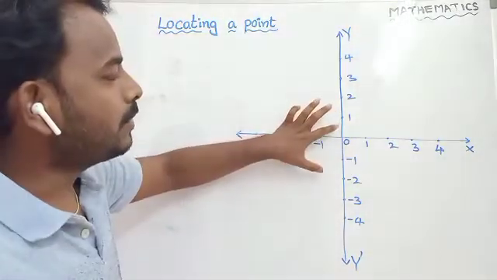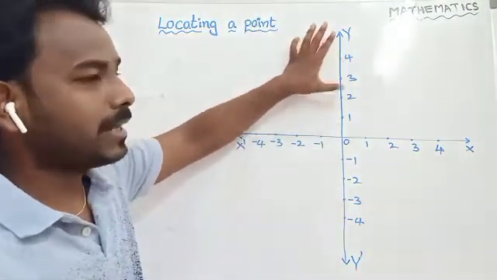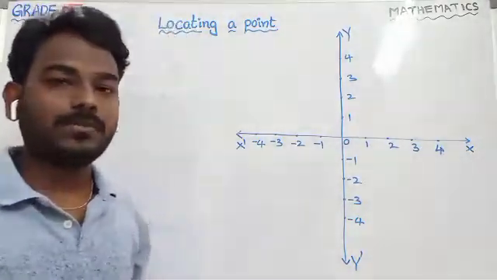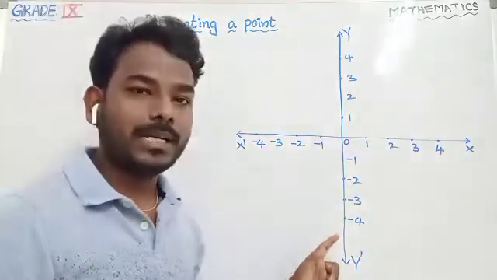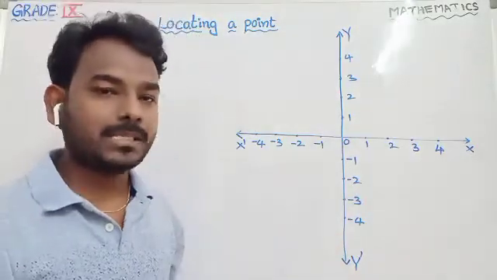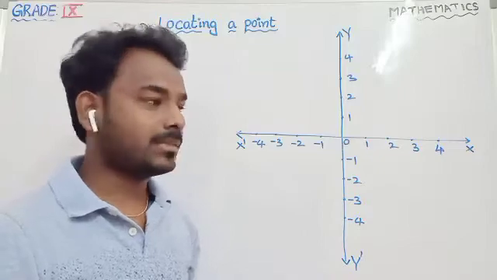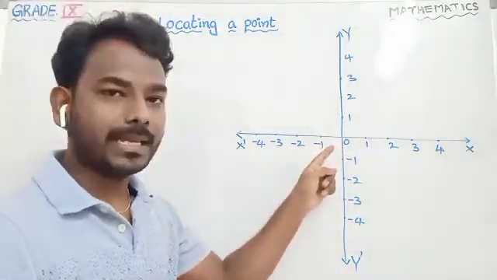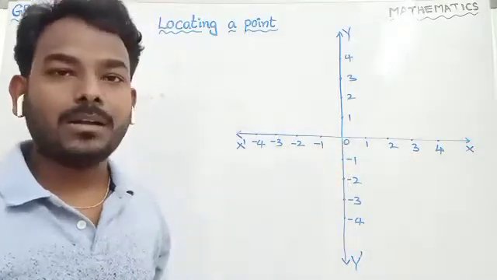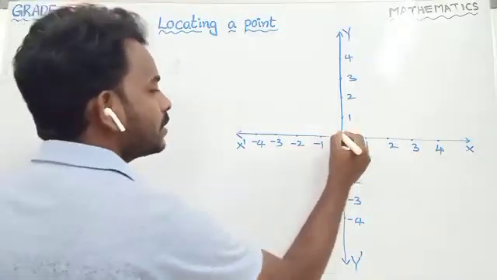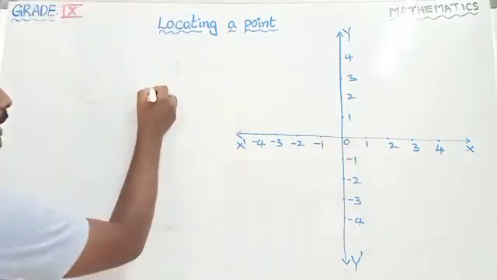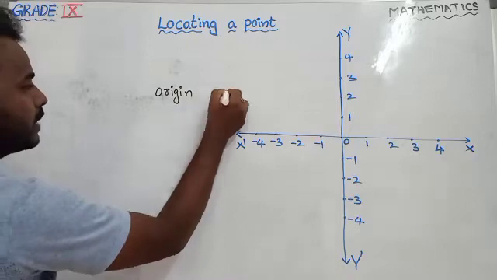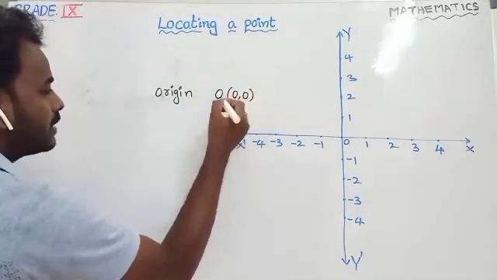Similarly, from O to Y, OY is the positive direction of the y-axis and OY dash is the negative direction of the y-axis. So the vertical real number line is considered the y-axis, and you can check that these two lines intersect at a point, that is O, which is called the origin. We call this intersection of the two axes, x-axis and y-axis, the origin. It is denoted by O (0, 0).